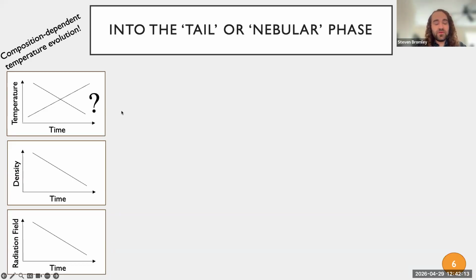We know the black body is cooling off as a function of time, but there's also heating continually going into this ejecta, and the cooling is going to depend on things like how efficiently some of these infrared lines that are optically thin are excited. And so the temperature is very much still an open question.